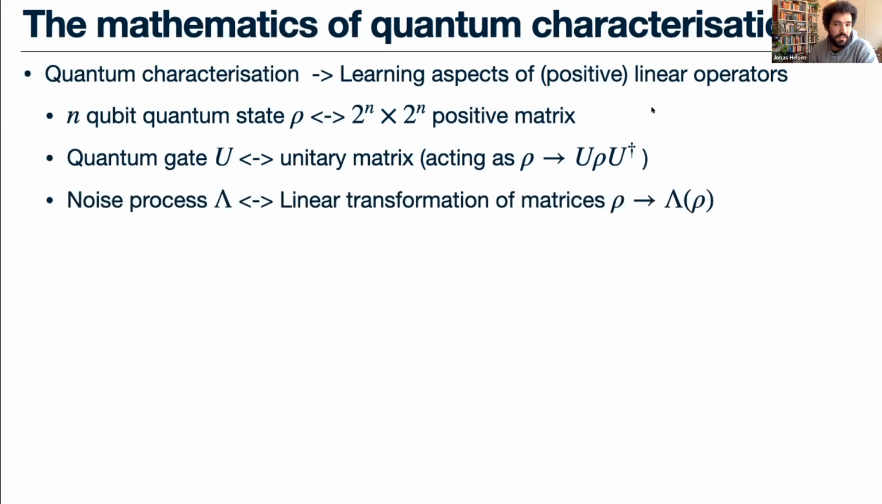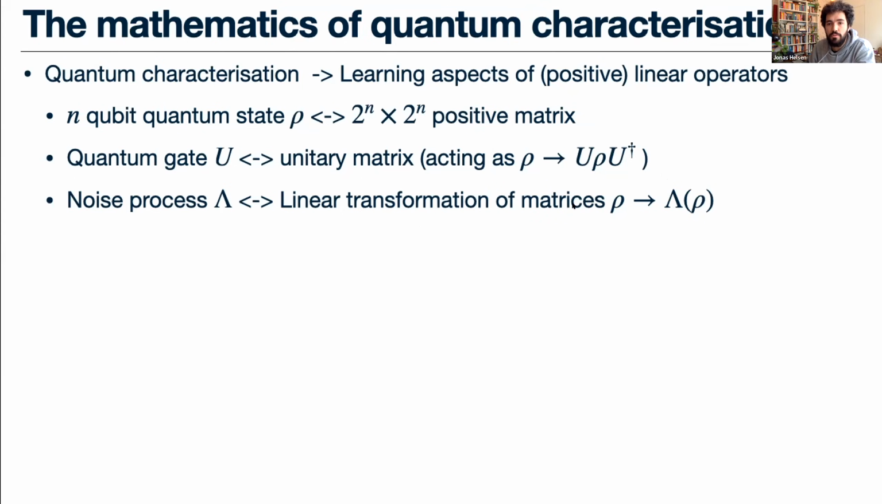A noise process is a slightly more general version of these unitaries. So any physical process, abstractly, is more or less a linear transformation of these density matrices. And in the abstract view, the only thing that we're going to ask is that this preserves positivity, so that it preserves the physicality of these density matrices. Apart from that, these things can be essentially arbitrary,